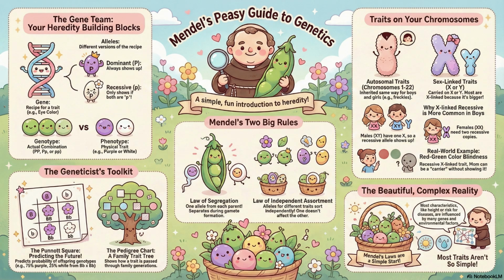And it lets us figure out the expected ratio of genotypes in the kids. Precisely. Let's take that classic monohybrid cross: two heterozygous parents, big B, little b. You put the gametes on the axes, fill in the four squares, but the real insight here isn't just the diagram, it's the probability it reveals. Exactly. The result is a 1 to 2 to 1 genotype ratio, 25% homozygous dominant, 50% heterozygous, and 25% homozygous